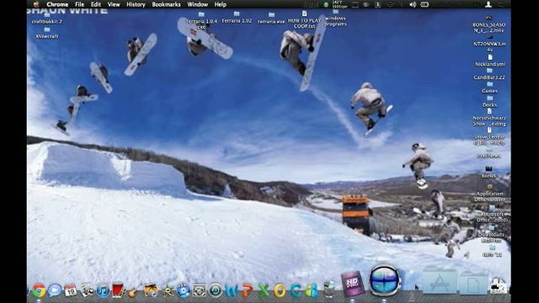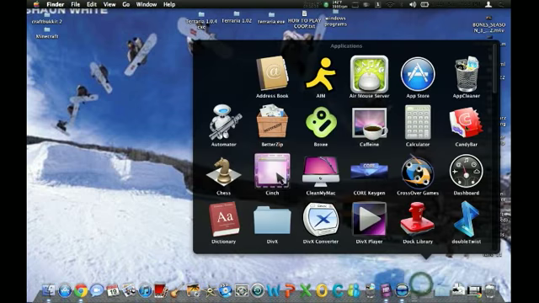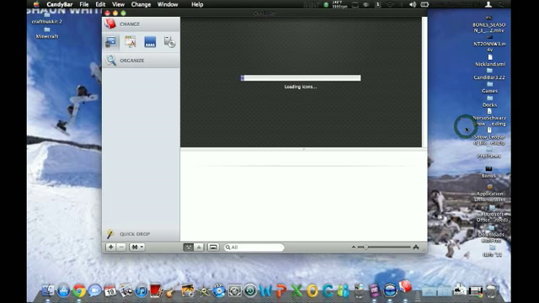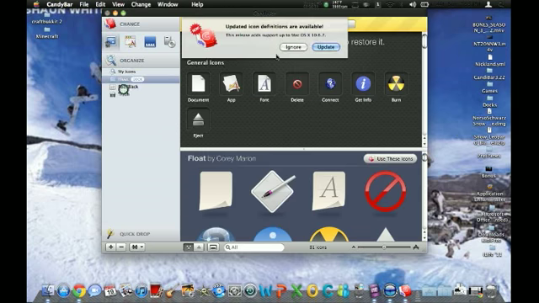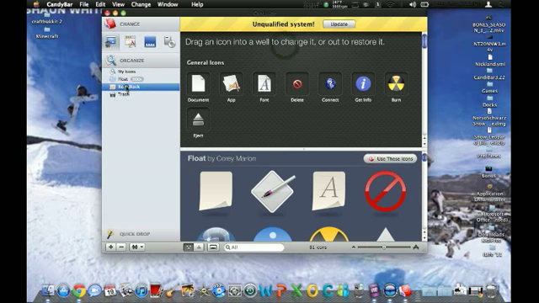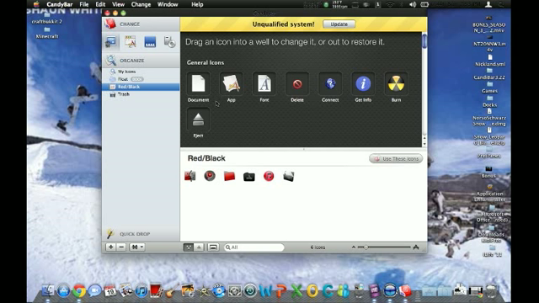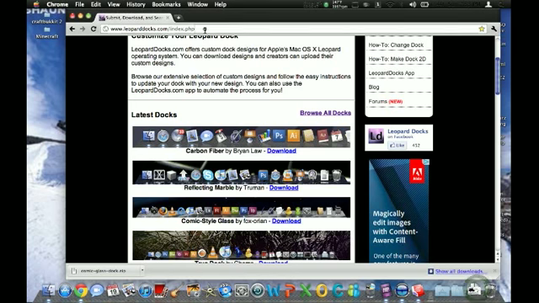So now I'm going to show you how to customize your icons. It's an app called CandyBar. So give it a second to load. Okay, I don't want the update. So you can download icons, and I'll put a link in the description from a good website to download it. I'll show you the website actually right now. It's called